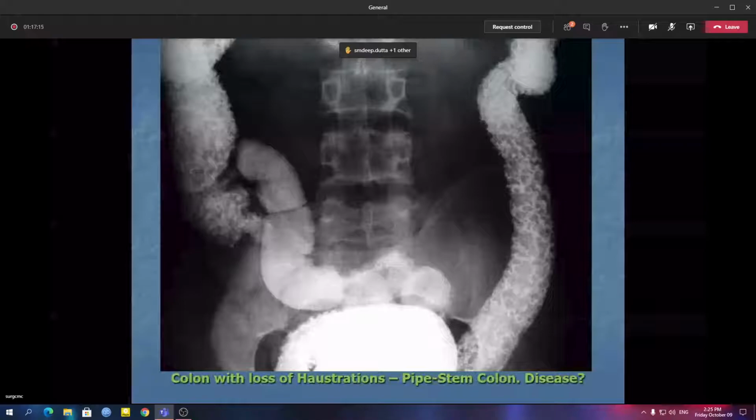Ulcerative colitis. When we were students, one of our teachers had this particular X-ray with her, and she used to give this X-ray in exams, and we knew that it is a pipe stem colon, it's ulcerative colitis. But what we always used to miss, it is not there in this picture. This is the spine. In ulcerative colitis, in that particular picture, not in this plate, the patient had a bamboo spine. So she always used to scold us for not seeing the bamboo spine and only seeing ulcerative colitis. So if you are ever asked this kind of a plate, look at the spine as well.